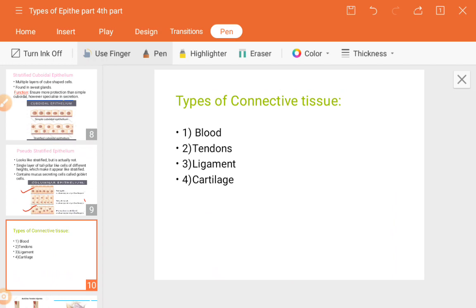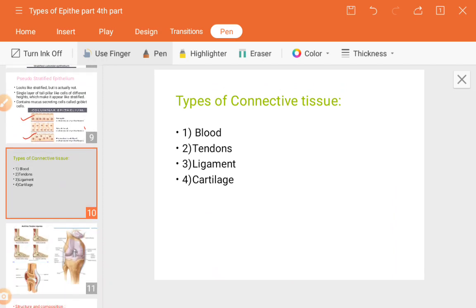These are blood, tendon, ligament, cartilage. Tendon, ligament and cartilage are actually parts of the bone, okay, we are going to see through the images. And blood, you know that it's actually a connective tissue. Why? Because blood flows all over the body. It means that it is indirectly or directly connecting all cells, organelles, vessels, body parts, whatever is present in our body, because it flows all over the body parts.